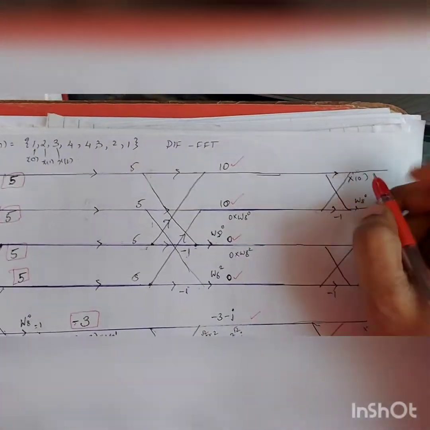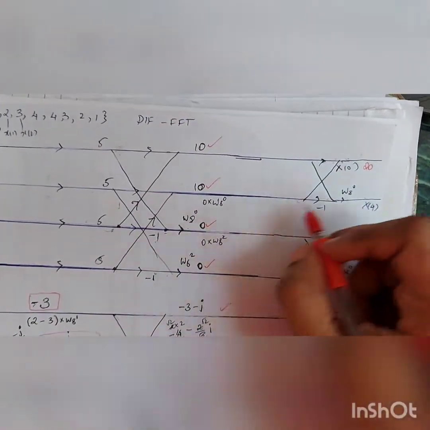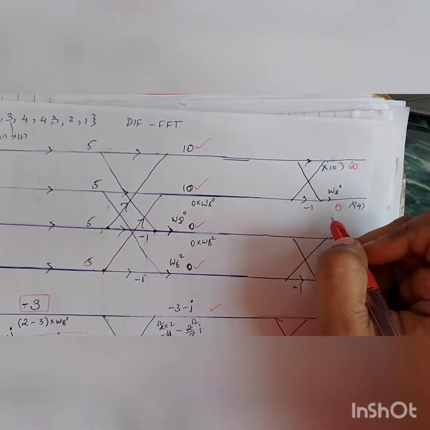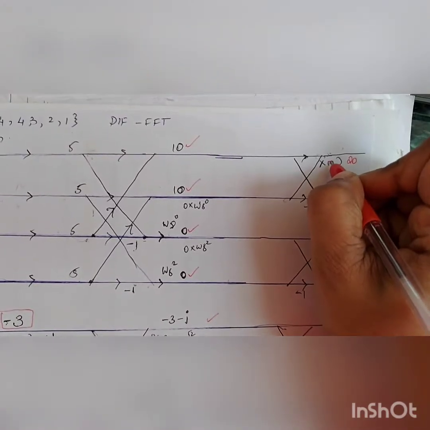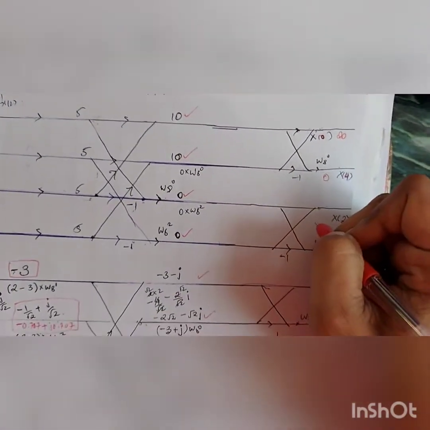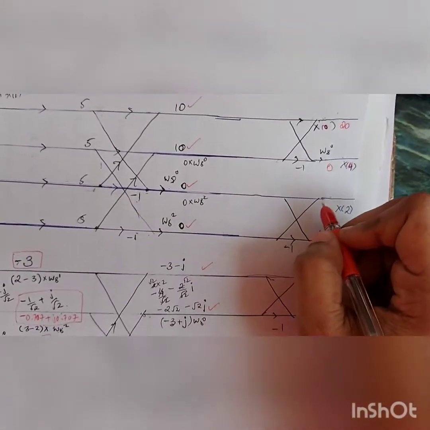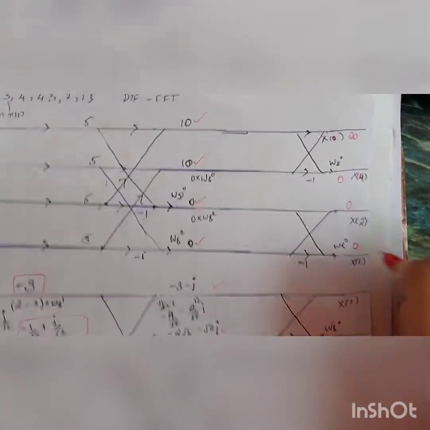So this is 10 plus 10, that is 20. Okay, this is 10 minus 10, that is 0. So remember, this is x of 0. Okay, this is x of 4. Okay, again here 0 plus 0, you get 0. 0 minus 0 is 0. Alright,